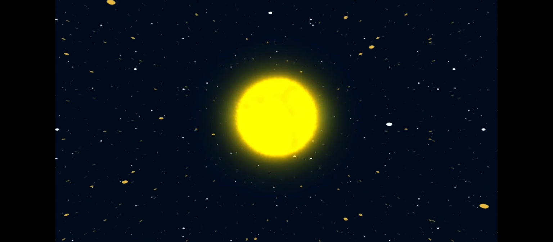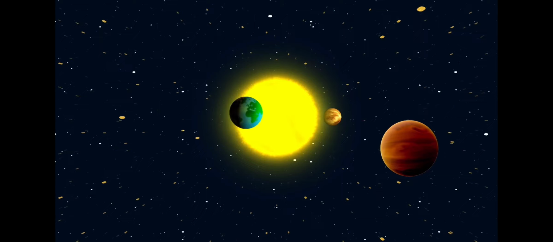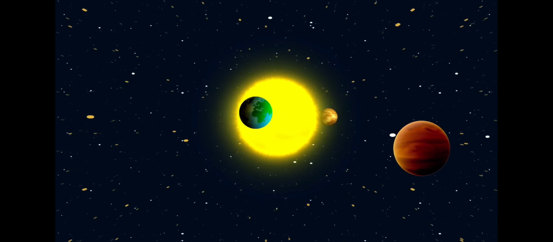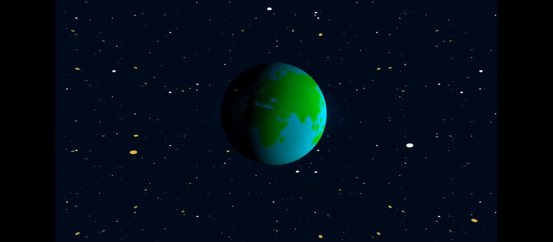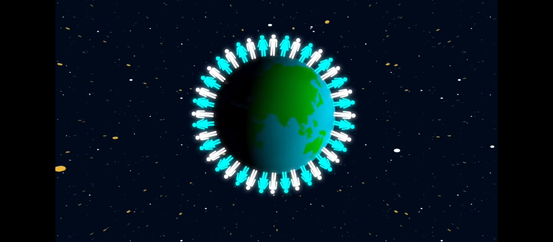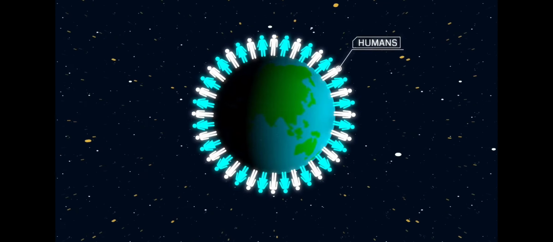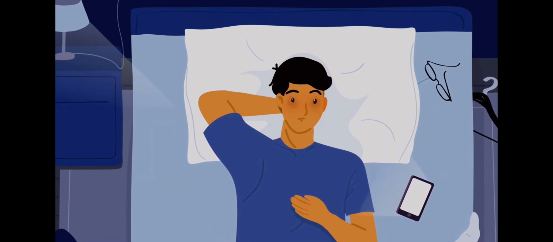Like in most other solar systems, planets orbit around the Sun. The perfect distance from the Sun and other special features make one planet different from other planets. That planet is called Earth. On that planet, around 8 billion unique creatures are living. They're called humans. Of all those unique creatures, you are one of them who is thinking about how all things